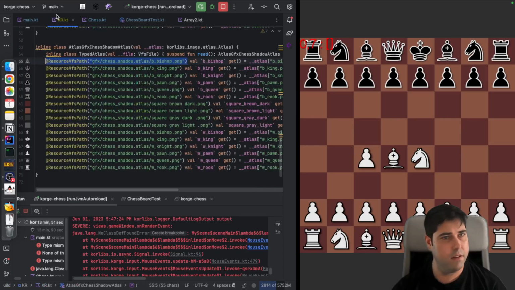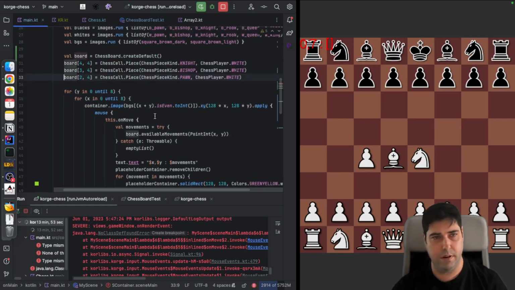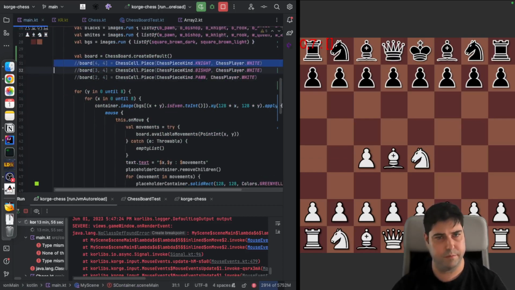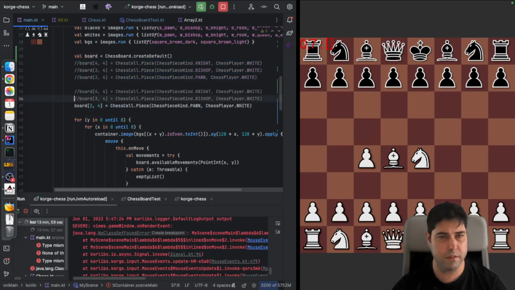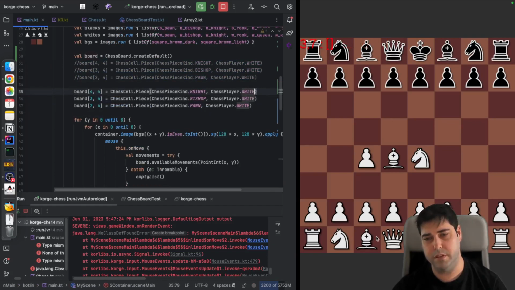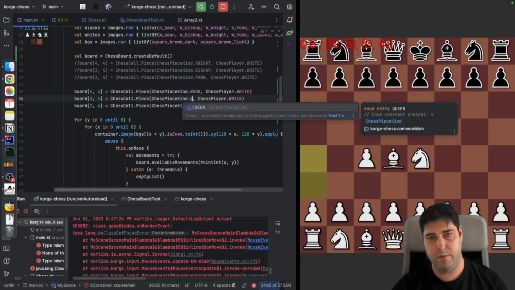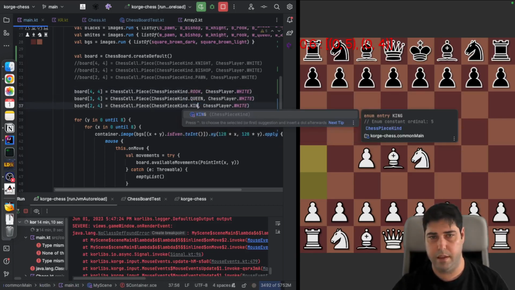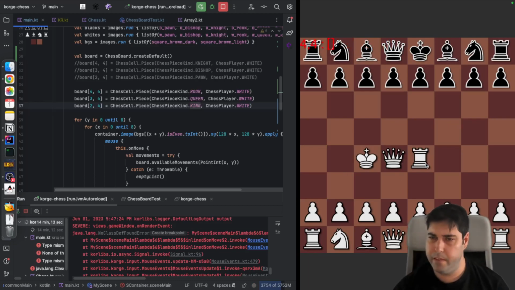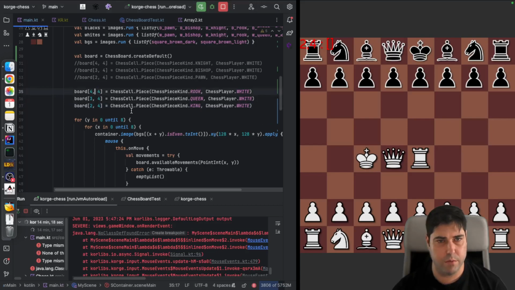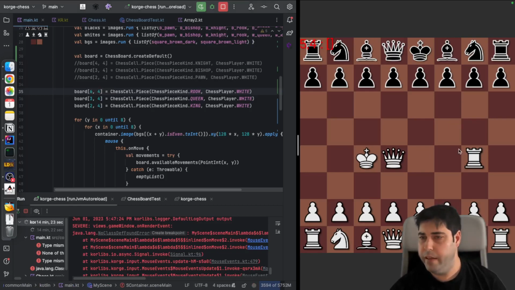queen, and the king. So to do so, let me place those pieces in the center because here they are blocked. So we are going to put a rook, a queen, and a king. Here we are. Let's actually put the rook here, and let's say,